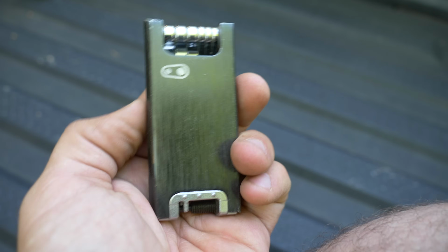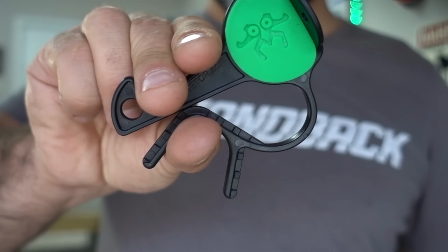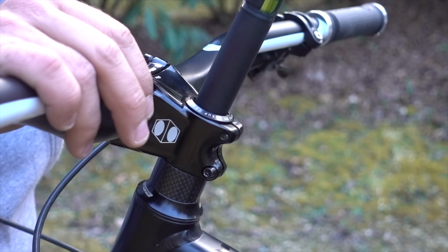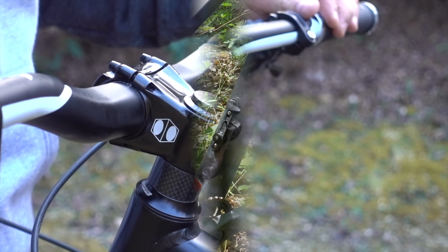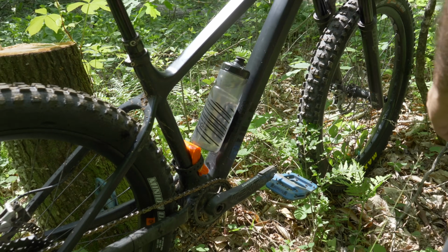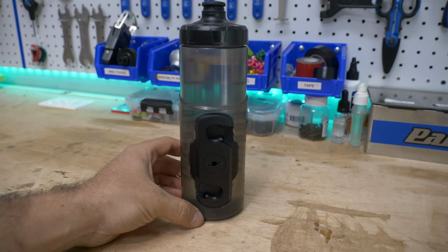We've taken a look at hundreds of products on this channel, many of which were tested over a relatively short period of time. Today we're going to revisit 10 of those products, all of which I've continued using to this day. The first product is the Fidlock water bottle system, which is a bottle and cage combo that latches magnetically